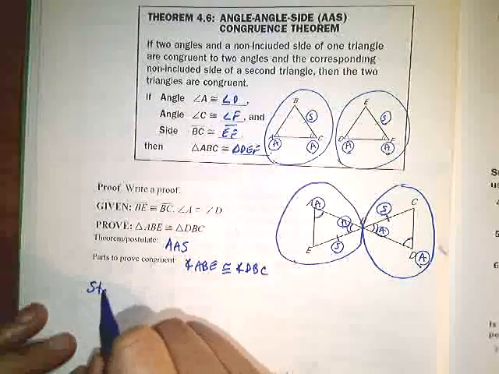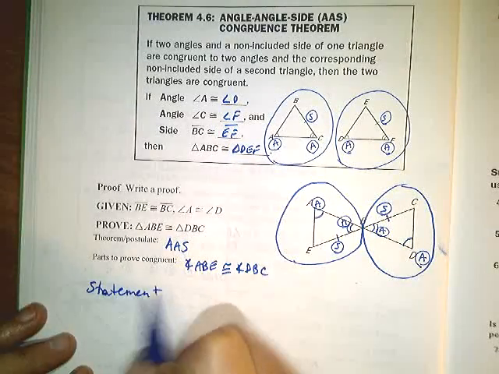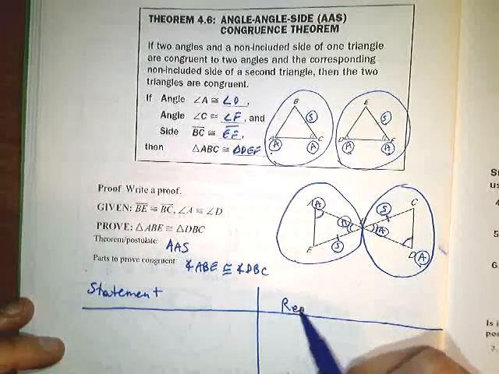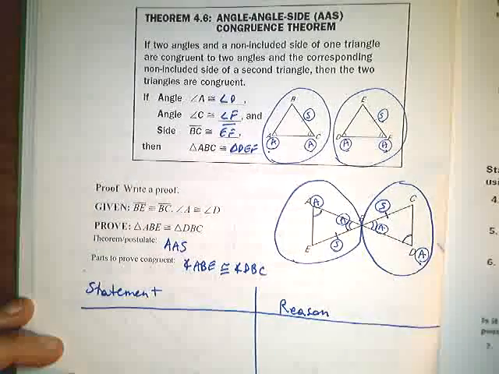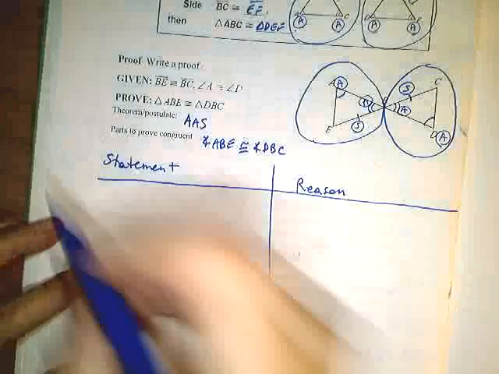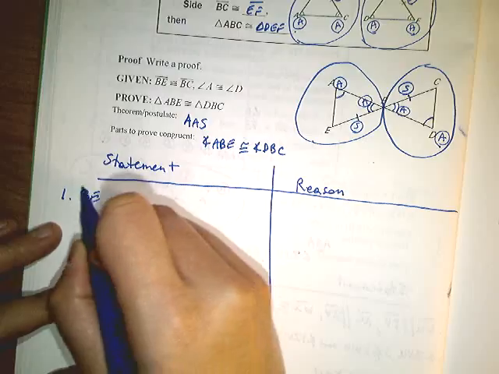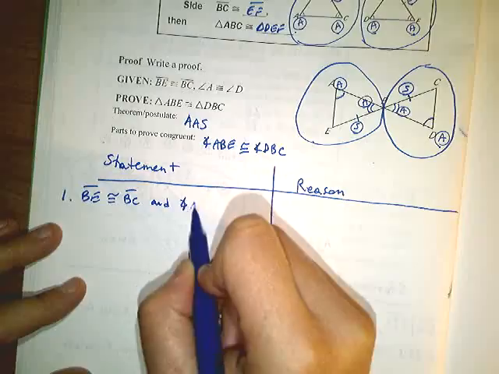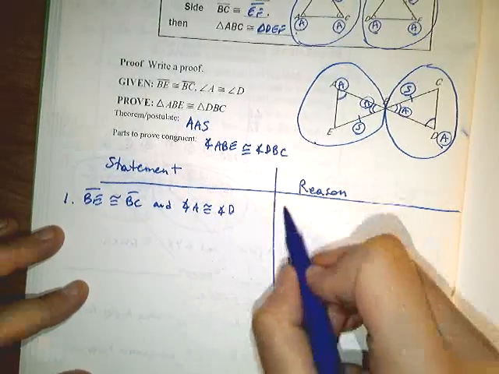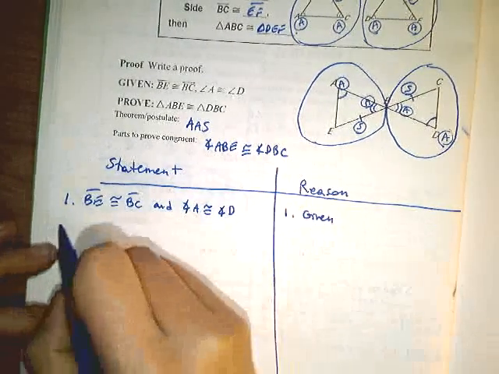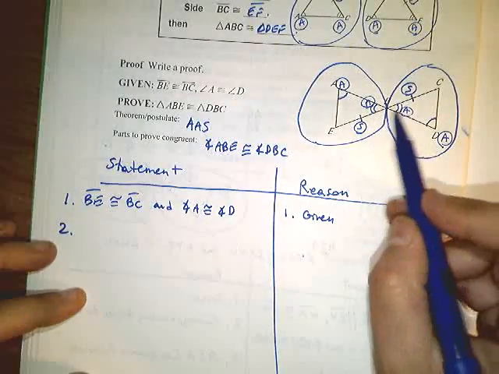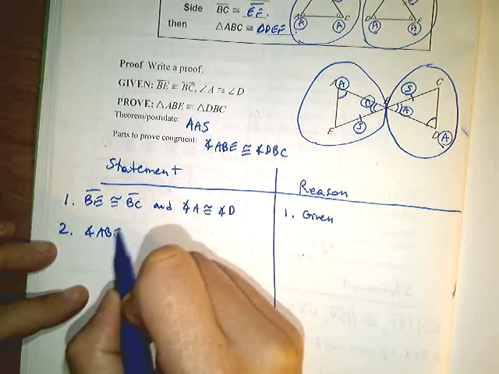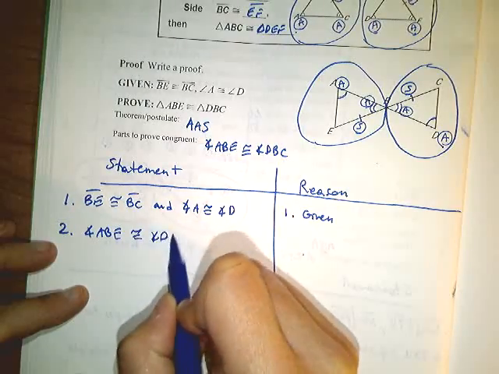So, getting our proof written formally, I would start with my given pieces of information. BE is congruent to BC, and angle A is congruent to angle D. Secondly, I wanted to establish that these two angles were congruent, so I want to say angle ABE is congruent to angle DBC